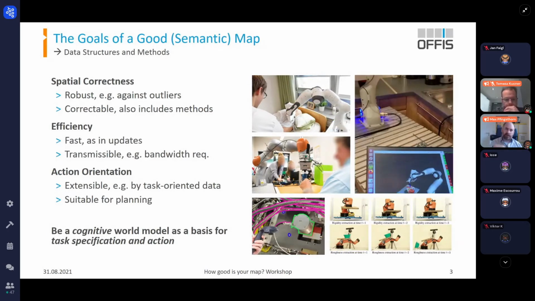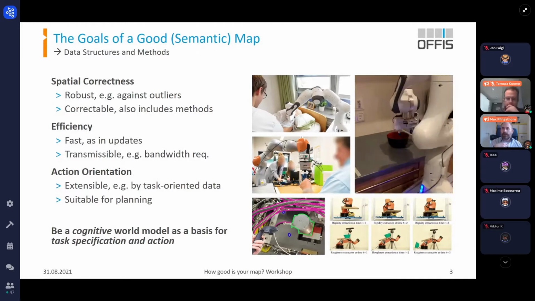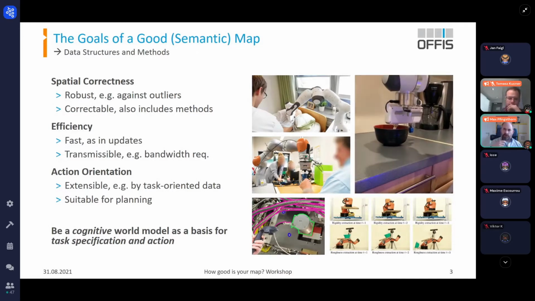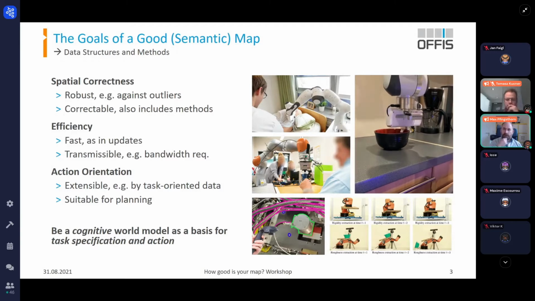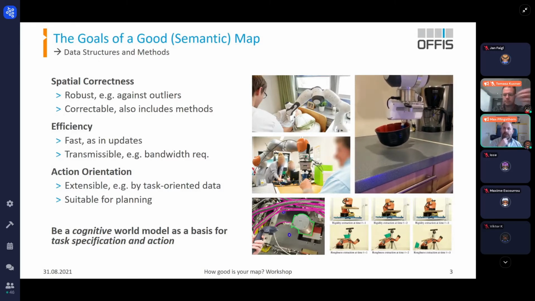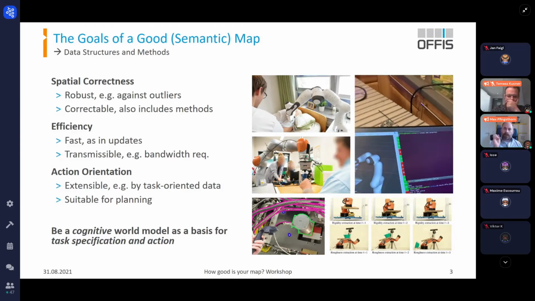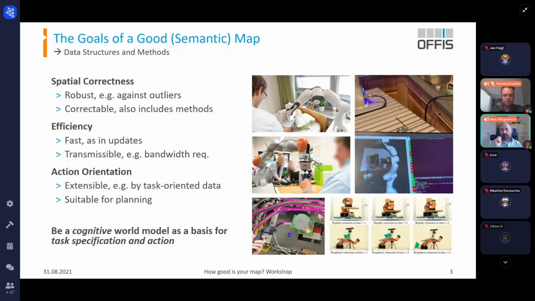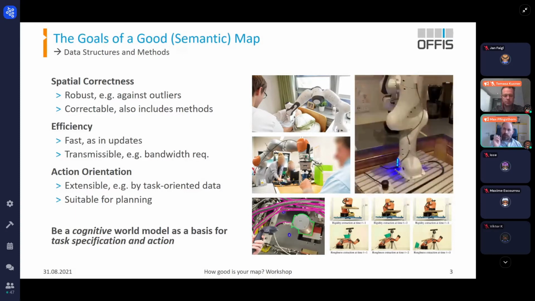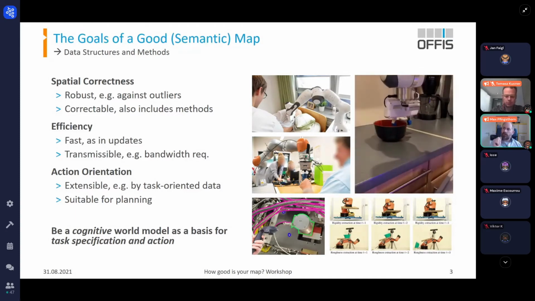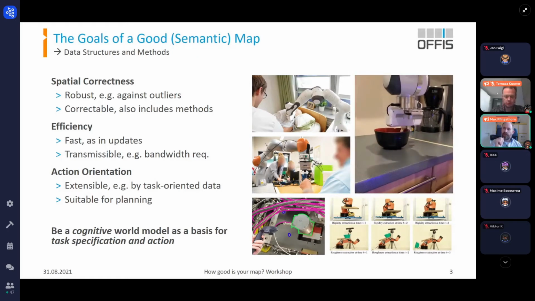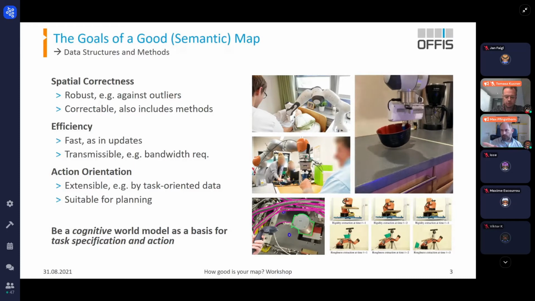This includes the methods that make it. Of course, it should be efficient. We've already talked a bit about bandwidth requirements and stuff like that. But I think the main point is that it has to be action oriented, right? So we have to be able to embed task oriented data. It has to be suitable for planning, and in general, to